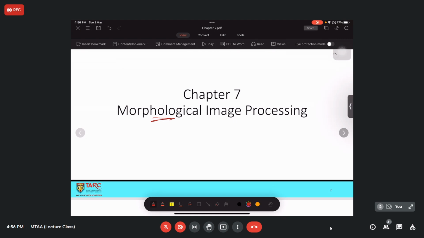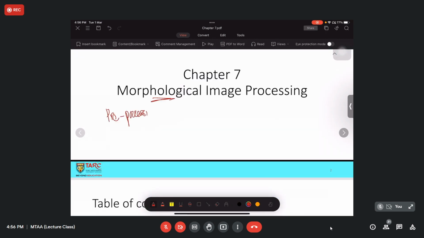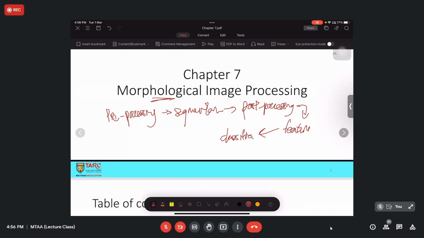Morphological operations, most of the time, are implemented as part of post-processing. In image processing, usually we have pre-processing, followed by segmentation, followed by post-processing, and then feature extraction, and then classification. So this is the most common sequence of steps in image processing.